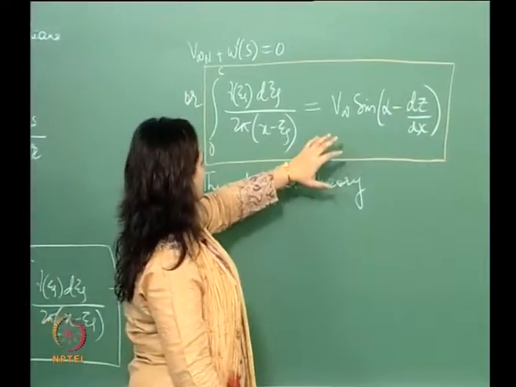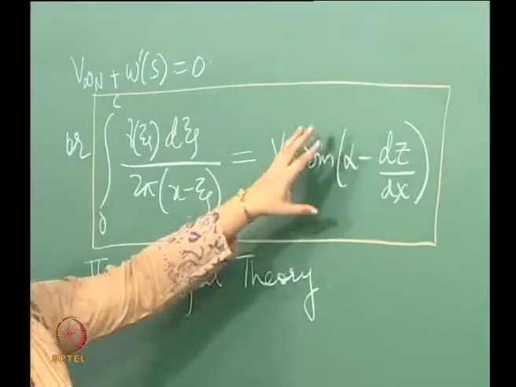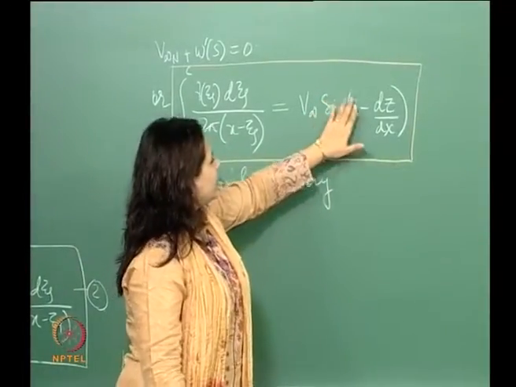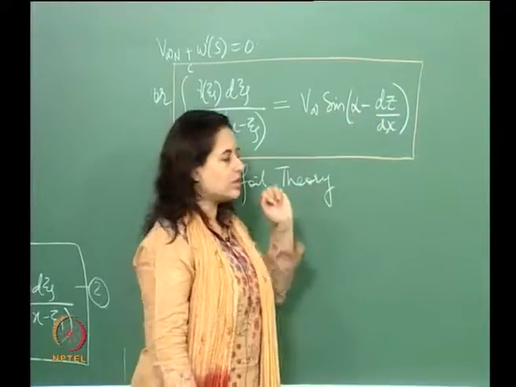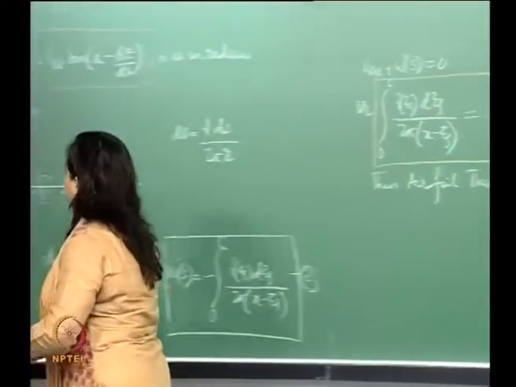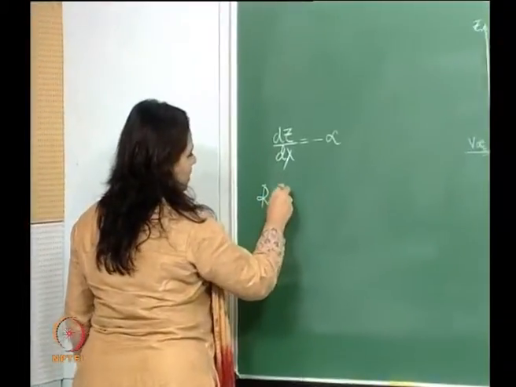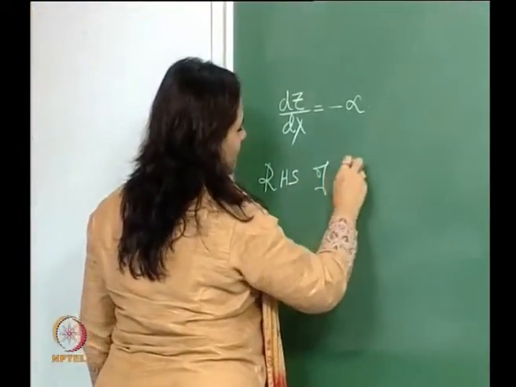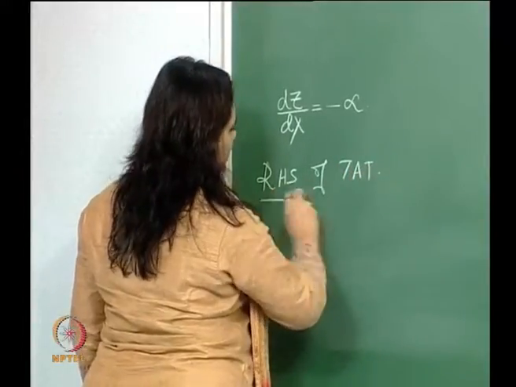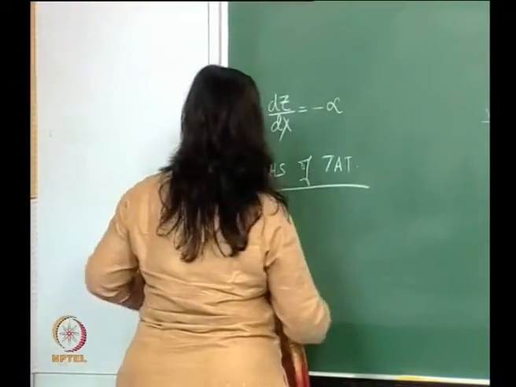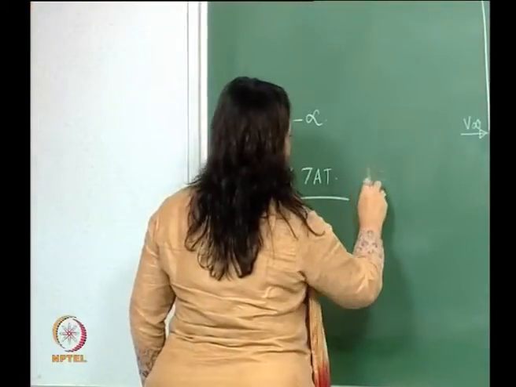And if this angle is small enough, then we can just write V infinity into alpha minus dz dx. So, writing that using the right hand side of the statement of thin airfoil theory, the way we would write that is essentially